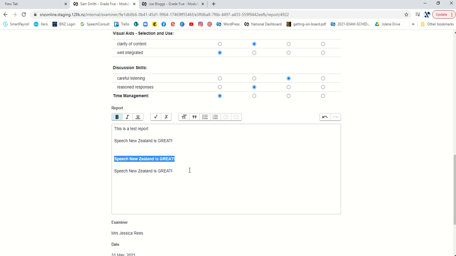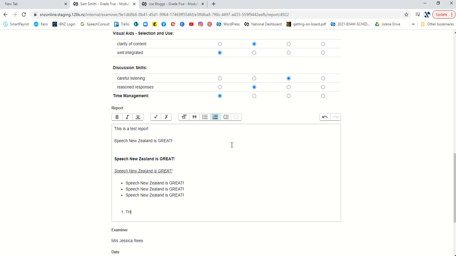We're going to bold this one, pop this one in underline and italics, and then maybe let's do a couple of bullet points. Yes, excellent. We've also got those numbers. These things are awesome. 1, 2, 3. Actually, that doesn't make a whole lot of sense, does it? Let's do that. There we go. Okay. So that's how you can do one report, and then let's say we wanted to give Joe a little